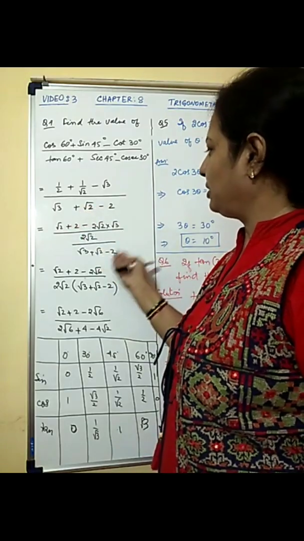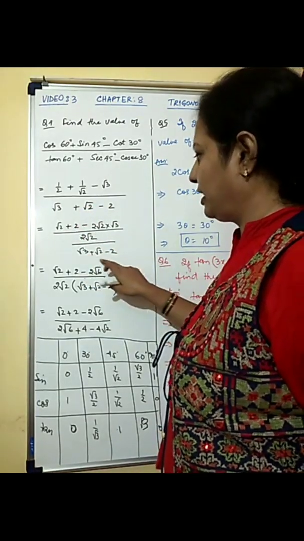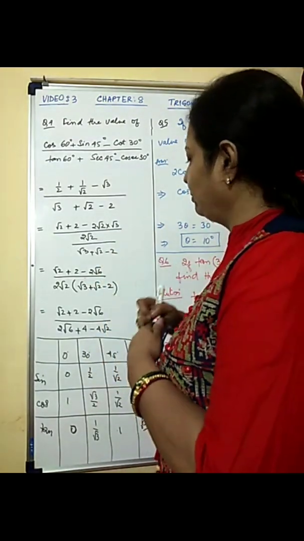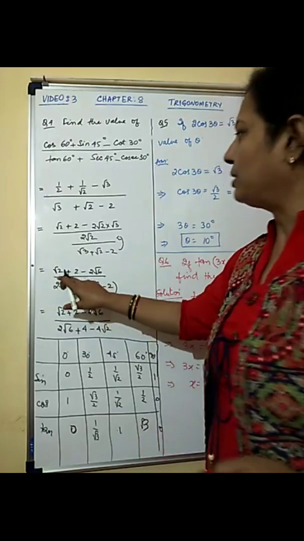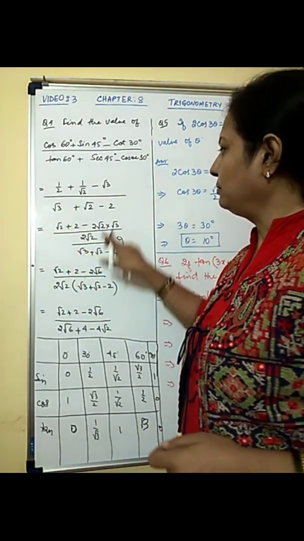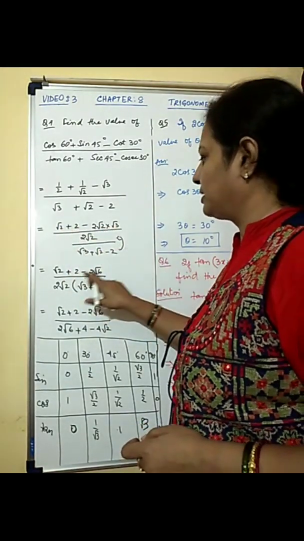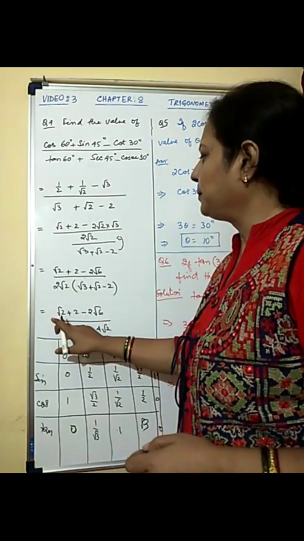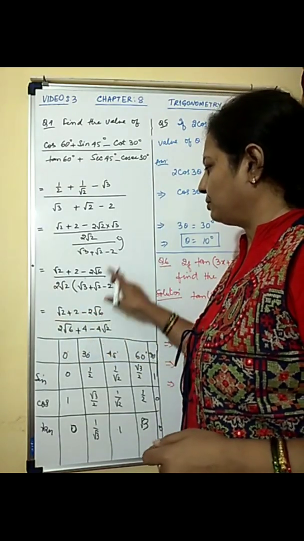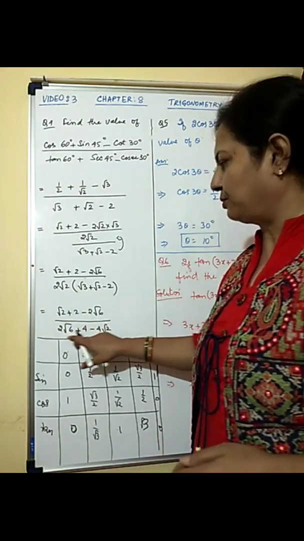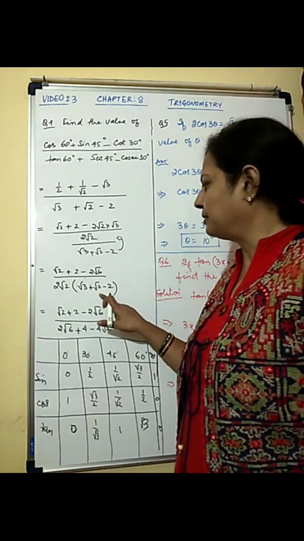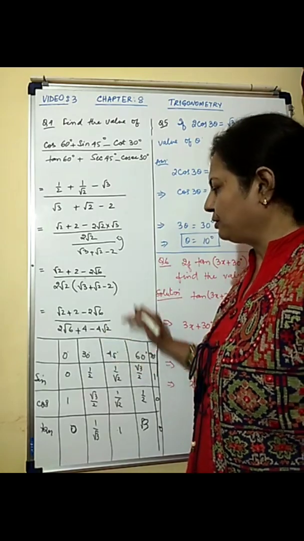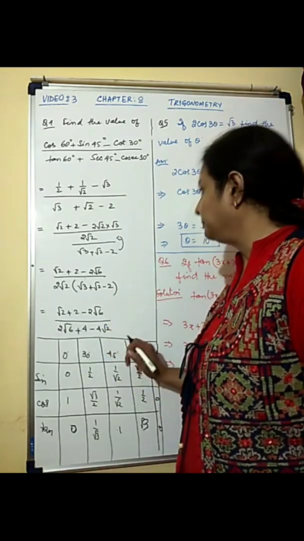So obviously this denominator will go here and multiply, because this is divided by 1. So when we divide it, it is 1 by this. So this will multiply to this term. So now what is it we are having? Root 2 plus 2. 2 root 2 into root 3 will give us minus 2 root 6. 2 root 2 into all these 3 terms has to be multiplied. So you get root 2 plus 2 minus 2 root 6. 2 root 2 into root 3 is 2 root 6. 2 root 2 into root 2 is 4. And this gives us minus 4 root 2. So that's what is your answer.